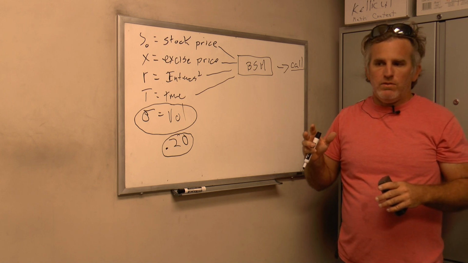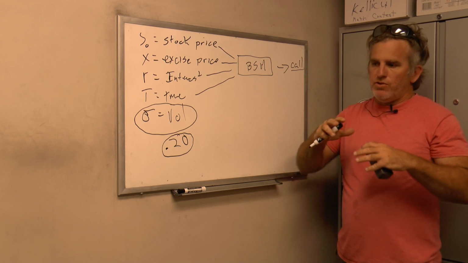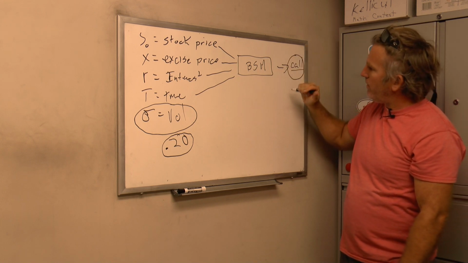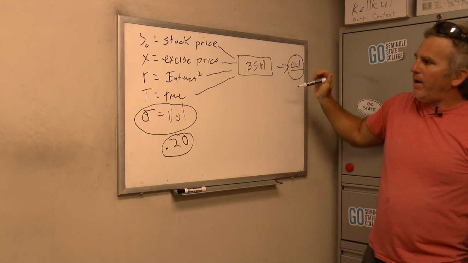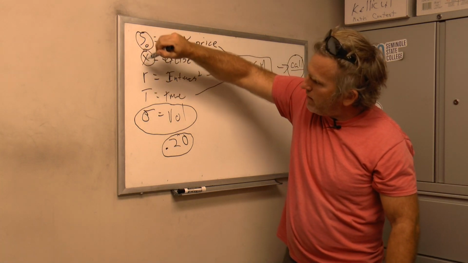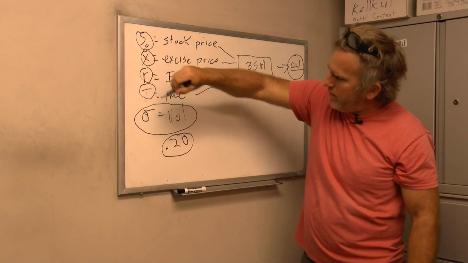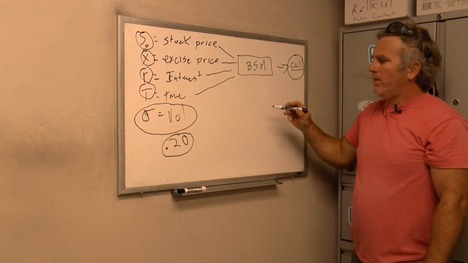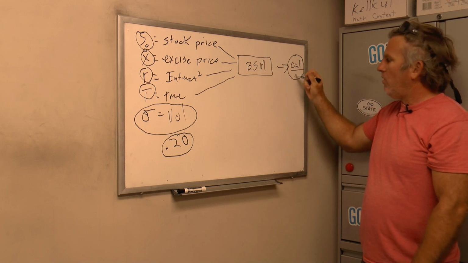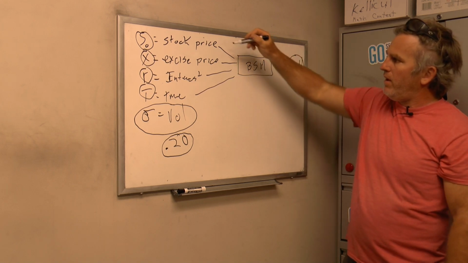It gives you a handle and gives you dimension and profile to the price of this call option. But most importantly, we can do some algebra. We know we have the stock price. We know we have the exercise price. We know we have the rate and the time to expiration. So what happens if we take the price of the call option as a known thing, like the stock price?